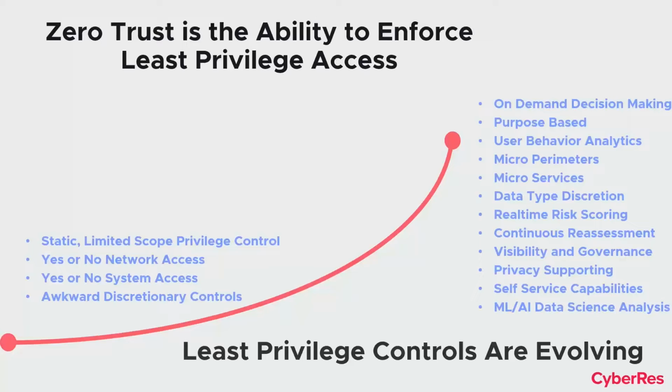Compare that to today, where we can have on-demand decision-making at the point of request. We can apply purpose-based rules and requirements to how people get to data. We have a very powerful set of user behavior analytics that we can apply. So should a person be able to get in after hours? Should they be able to get in if they're not using their own device or a blessed device by your organization? And when they do get in, what should they see and what kind of data should they be able to access?